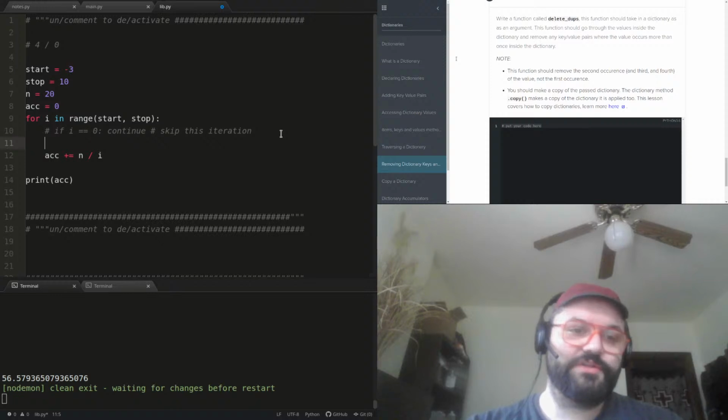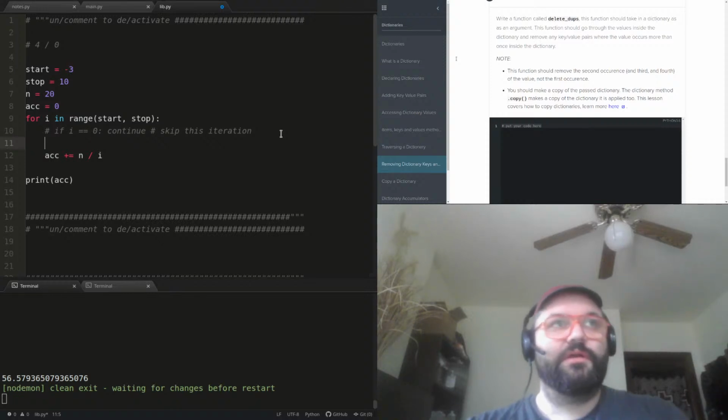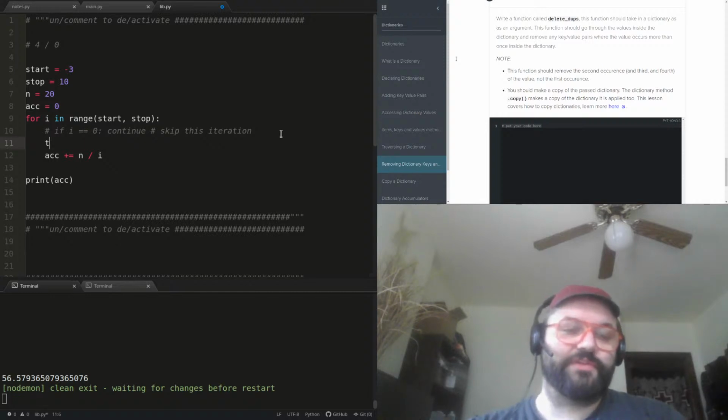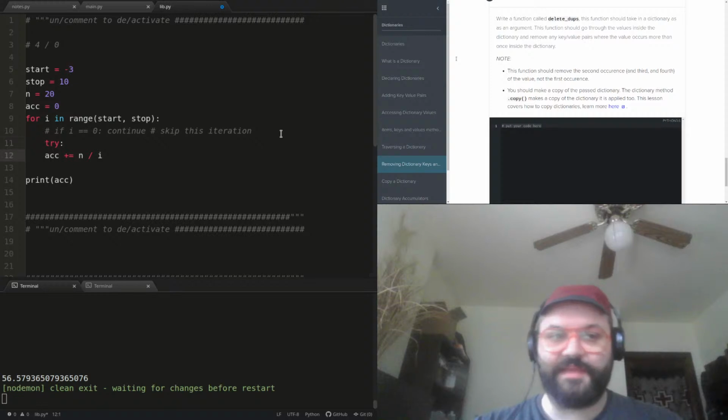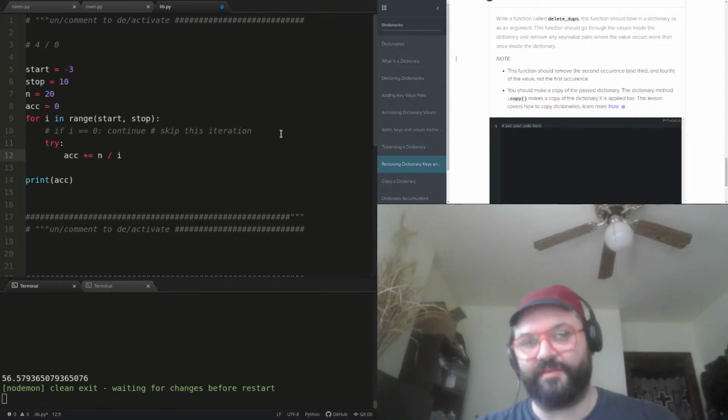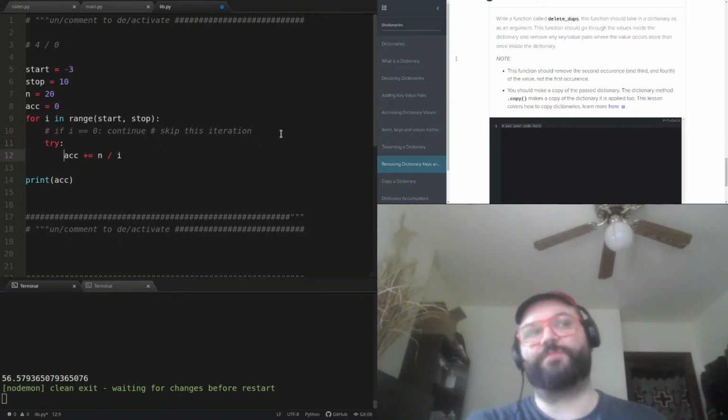So in order to catch errors that may occur, we're going to start with a try. And try is a block statement. So it takes a colon at the end, and like everything else that takes a colon at the end of the line, the next part of the code is indented underneath it.